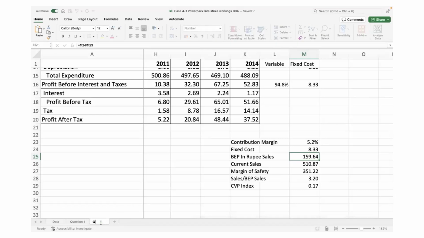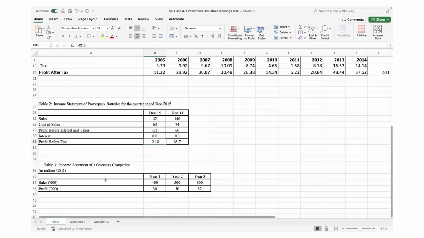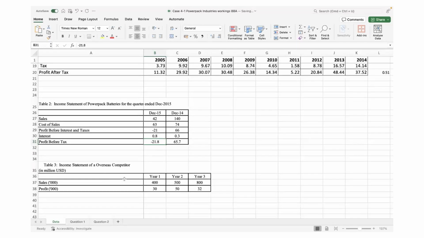Now, the question before us is, is it possible for us to get the competitor cost data and analyze it? Unfortunately, we could not get much of the competitor data. We have only two numbers, the sales and profit value for 3 years. Sales for the first year and second year are 400, 500. The profit for the first and second year are 300 and 550. When it comes to the third year, sales continue to increase for the competitor and the profit has declined to 32. Let us try to build the competitor cost structure using the year 1 and year 2